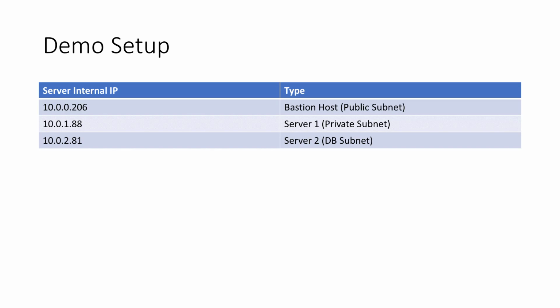The administrator first logs in to the bastion host using the public IP address, then SSHs to server 1, downloads the software packages there, copies the same to server 2, then SSHs to server 2 from the server 1 instance using the internal IP address of server 2 and manually installs the required software packages on server 2.